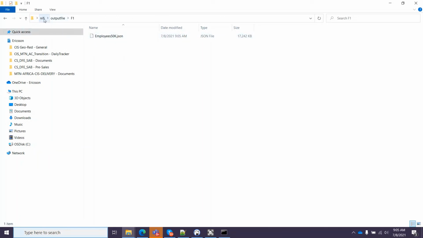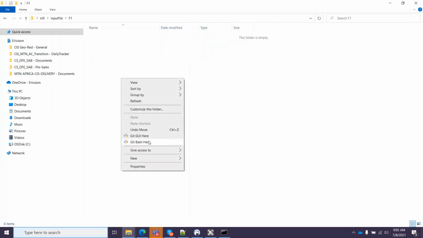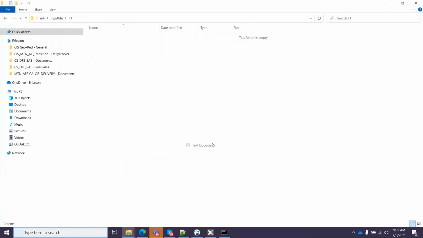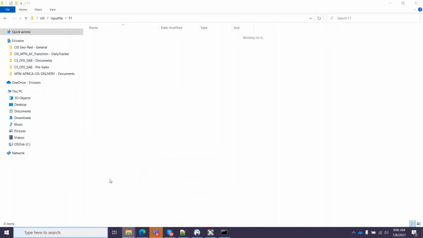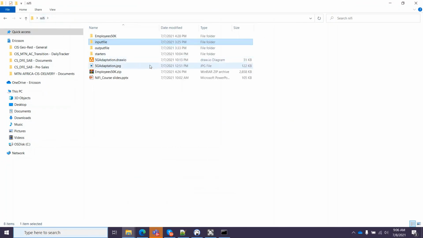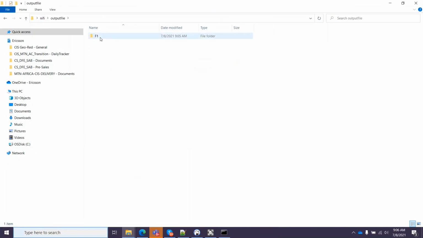Let's create another file for an example. New text document. Let's refresh it. There are two files which have been transferred. Let's check the output folder. So both my files have gone to the output folder.